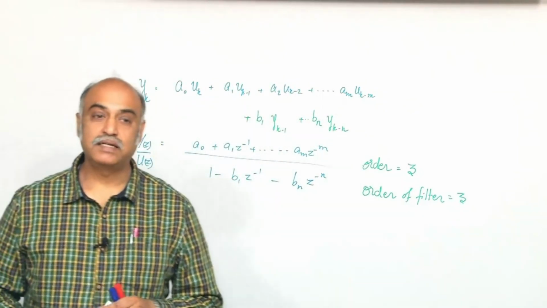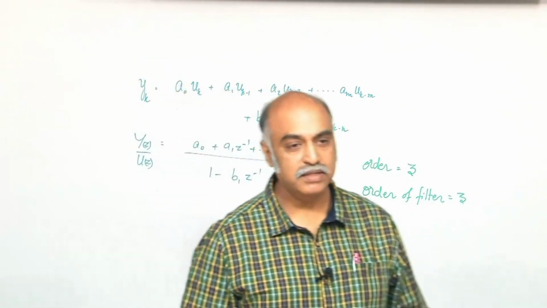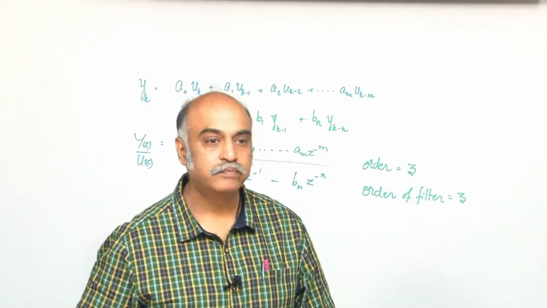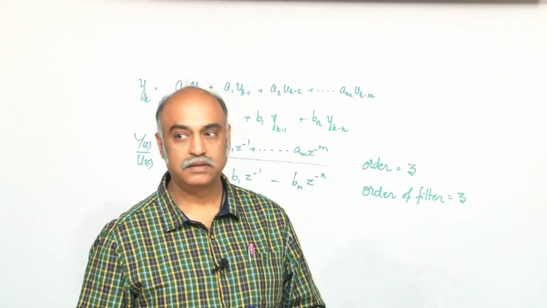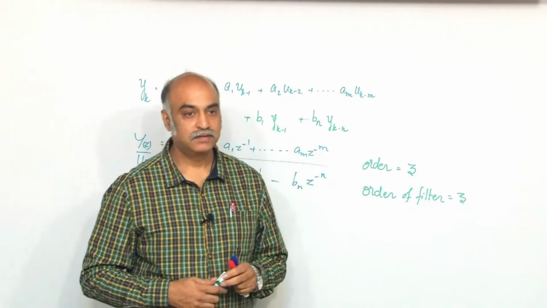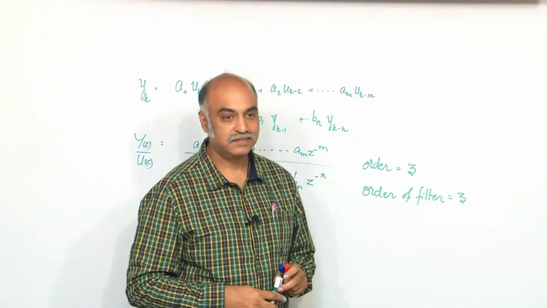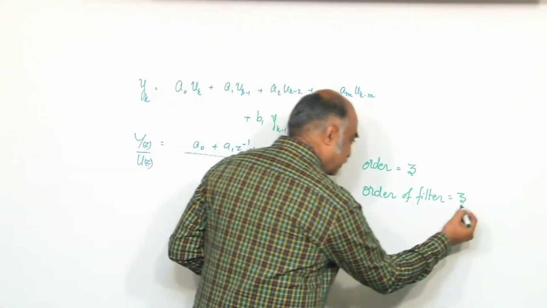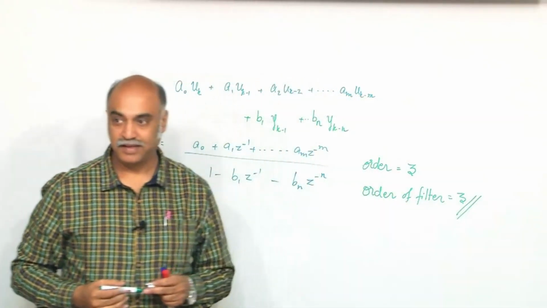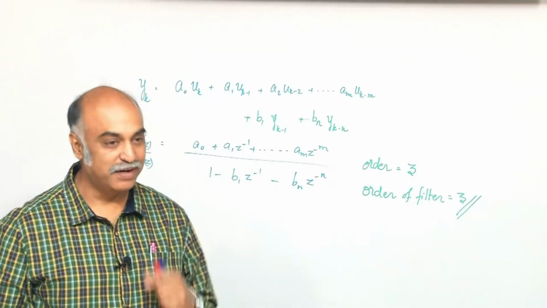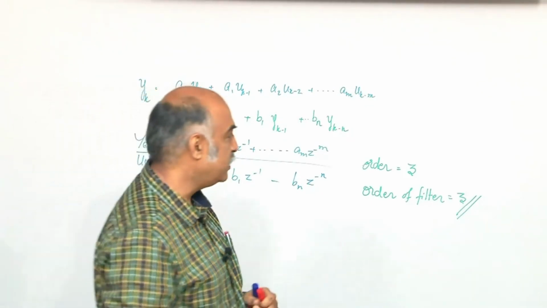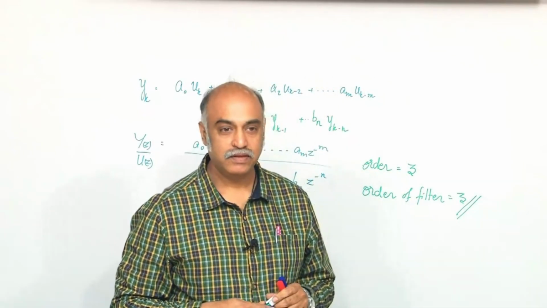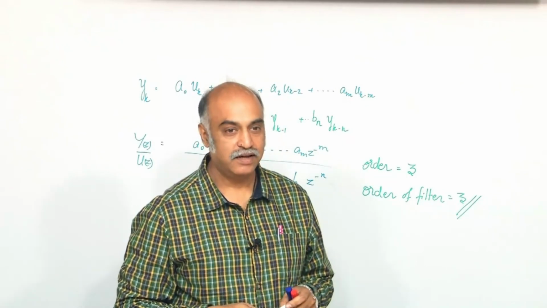Then does it mean that only 3 memory elements are needed? Only 3 data in the data memory, just 3 is sufficient? Is 6 needed, or is it just 3? Maximum 6. Only 3 data elements is sufficient to make this filter having 3 m's, m is equal to 3 and n is equal to 3. Interesting, right?